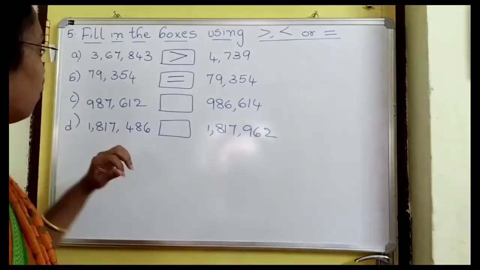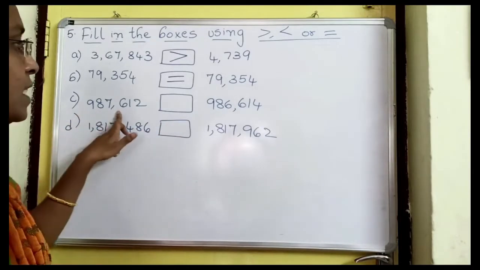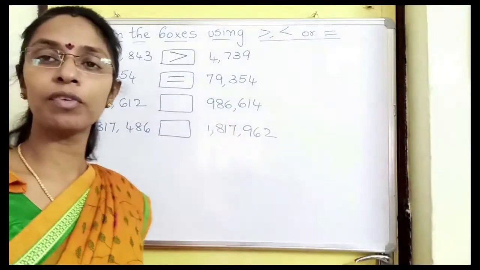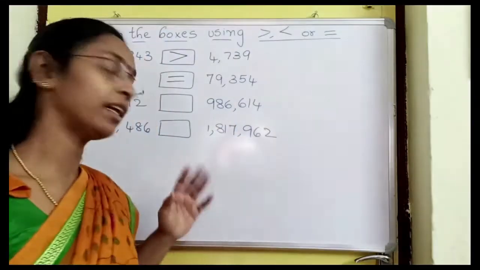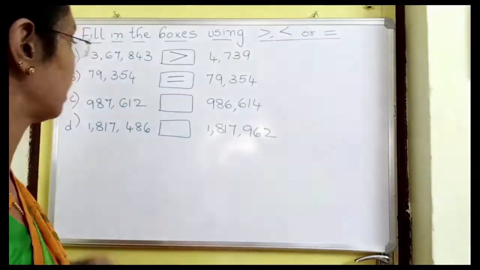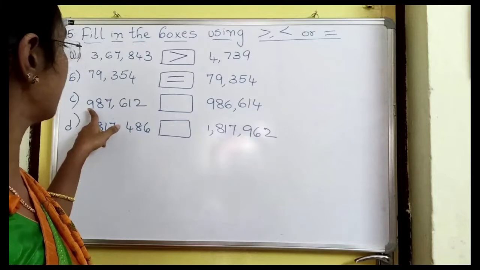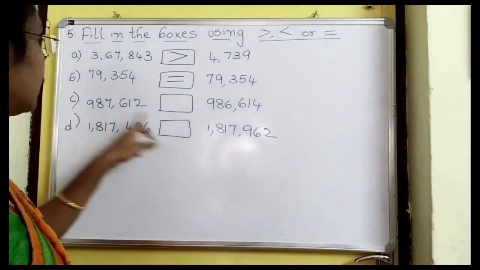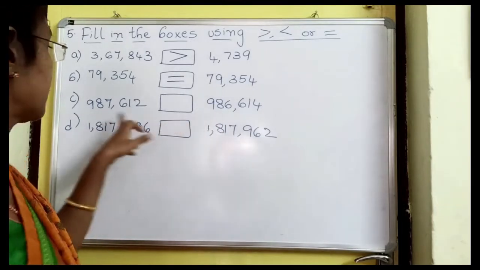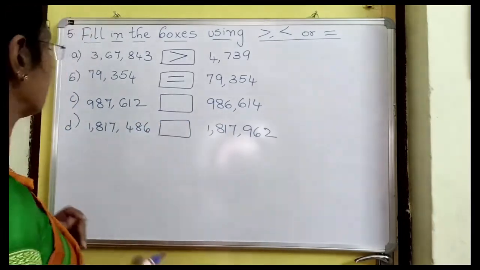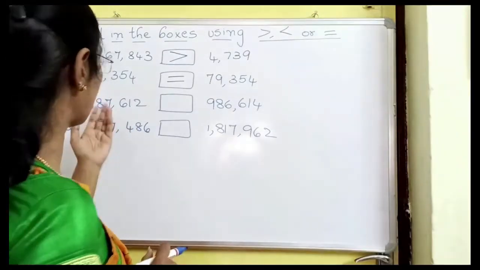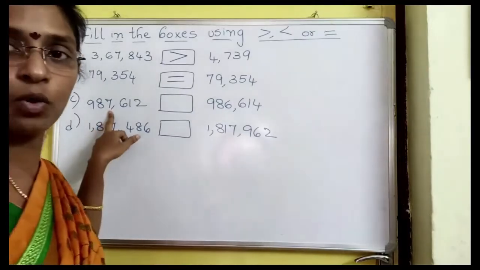Next comes the next one. Now see, count the number of digits in both the numbers. Here you have 6 digits and here also you have 6 digits. Now when you have an equal number of digits, the first thing you have to do is observe the highest place value. The highest place value here is the 100,000s place. Both digits are the same in the highest place value. The next highest place value also has the same digits. So you have to observe the immediate next highest place value, that is the thousands place. Here in the thousands place you have 7.